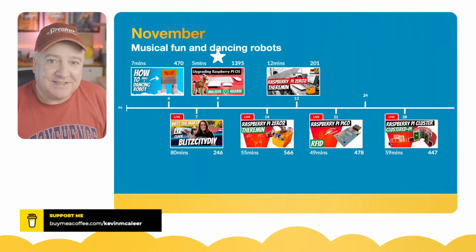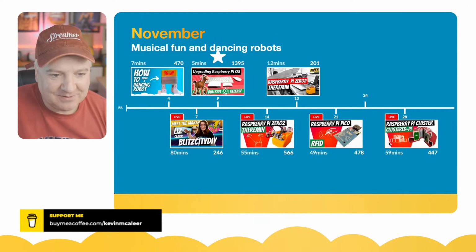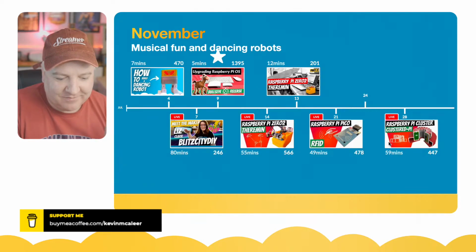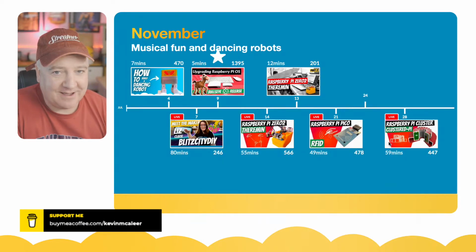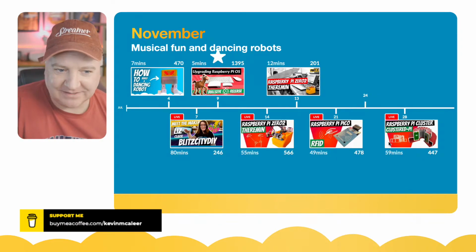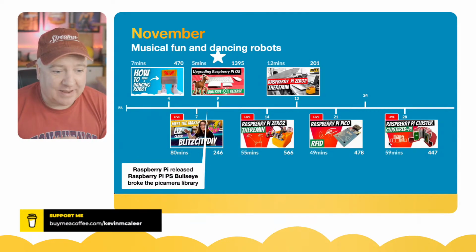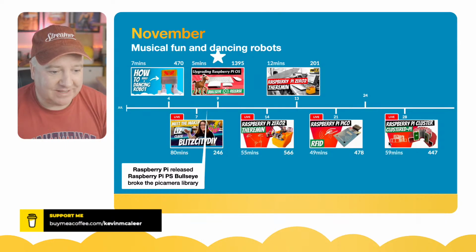So he sent a kit with the little LED display for the eyes. So much fun to build that. So you definitely get yourself one of them if you've not got one already. And you definitely want to print yourself out an Auto DIY. It's a really fun project. I would say that if you built a Smart robot, that's the next robot you have to build after that. So yes, Raspberry Pi released the Raspberry Pi OS Bullseye release, that broke the Pi